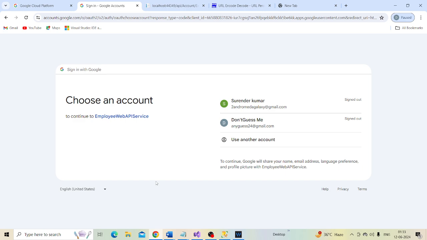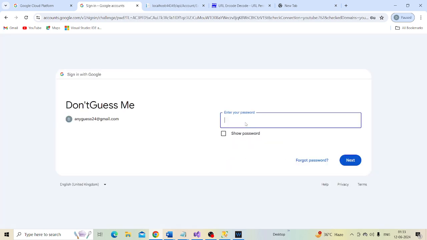So we have clicked the login with Google button. It is going to redirect us to the Google sign-in page. Let's log in with another Gmail ID. I'm using this ID and giving the password and click next.